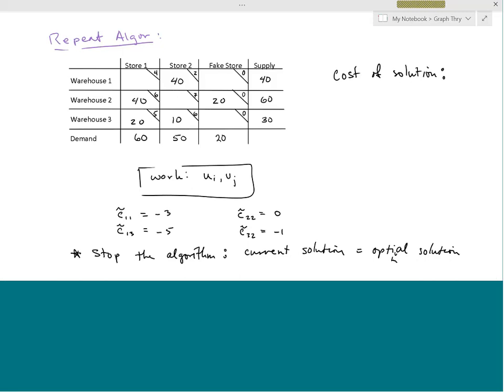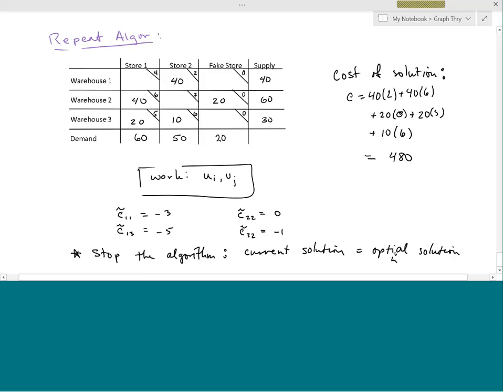But let's finish this off. If you want the cost of this solution, and I'll go back in and give you the cost of each of the solutions along the way too and show that this would be the actual smallest one. The cost of the solution would go as follows. This would be 40 times 2 plus 40 times 6 plus 20 times 0 plus 20 times 5, and finish this off, 10 times 6. And this should be, if I added it correctly, a minimum cost of 480,